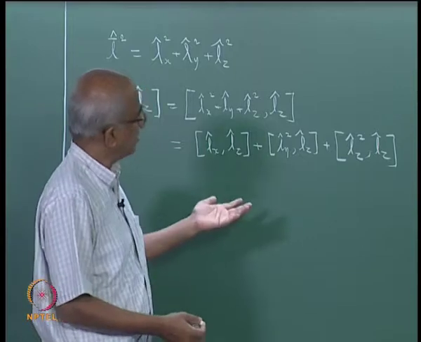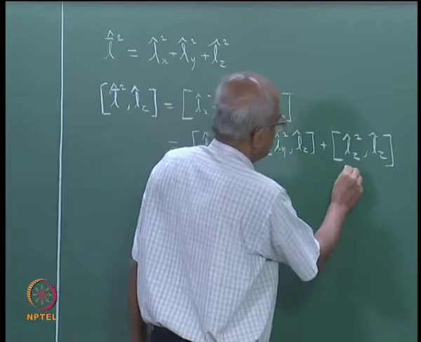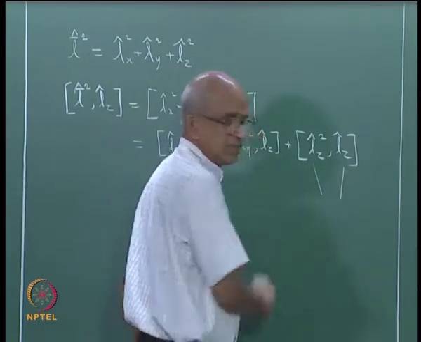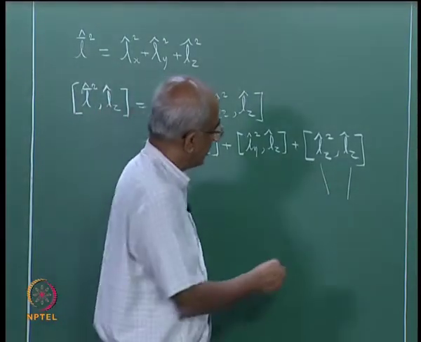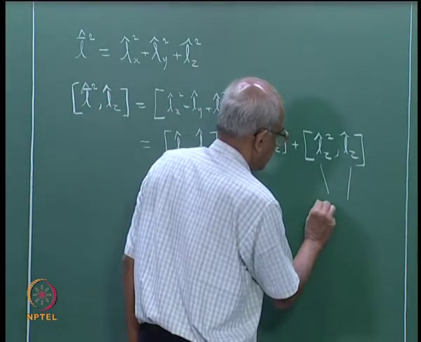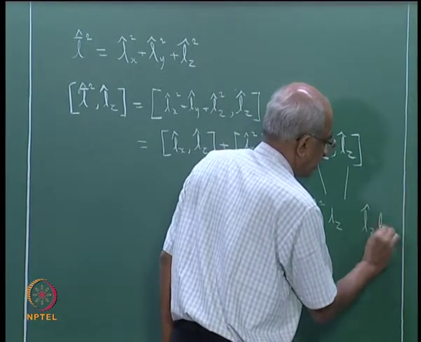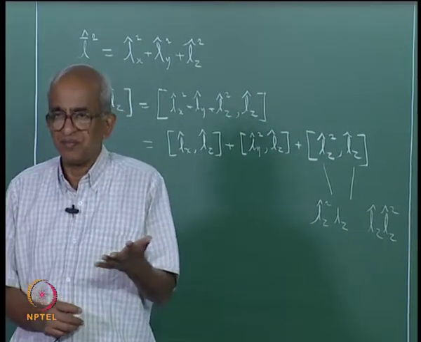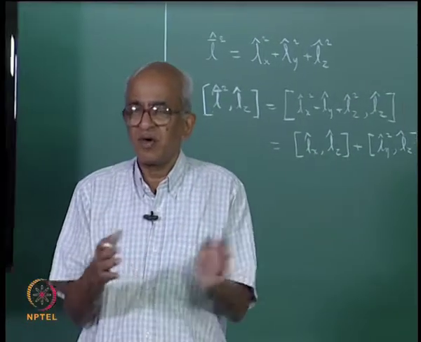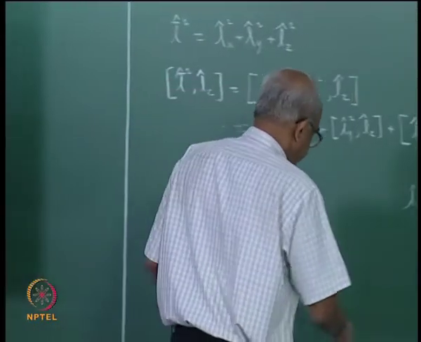Now it is not really necessary to do this, but this is convenient, because you see this is [Lz square, Lz]. Now whether I write Lz square Lz or Lz Lz square, it is all the same, because both of them are equal to Lz to the power of 3, and therefore the commutator is actually equal to 0. So this term vanishes,